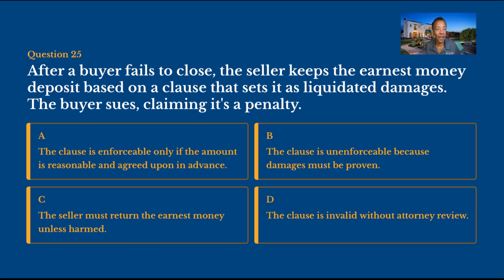And what the law really says is A. It is enforceable only if the amount is reasonable and agreed upon in advance. Now, that reasonable, I don't know, right? We generally don't have arguments about liquidated damages. This is what I mean by reasonable. Sometimes maybe it'll say the person put down $100,000 and you breach. Can you keep the whole 100? They may argue that, hey, wait a minute, that's too much money to keep. But the thing is, if you agree to that amount of money, you agree to it. All right, so A, simple on this one.